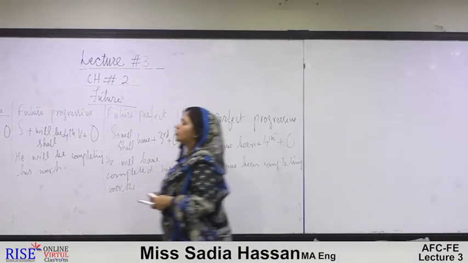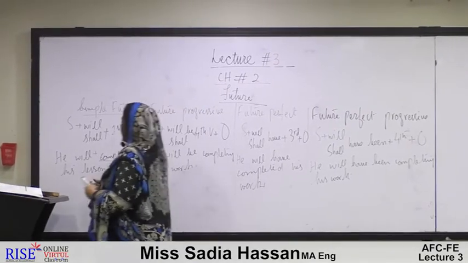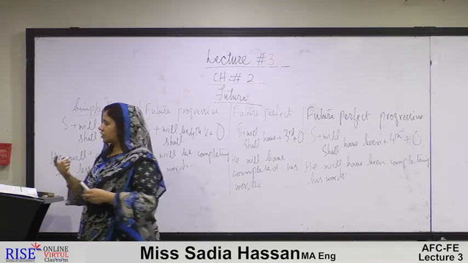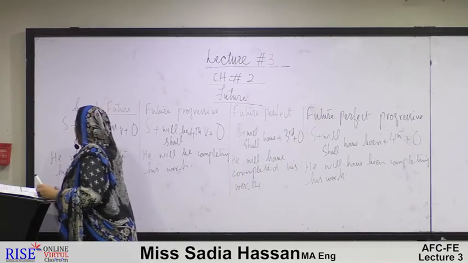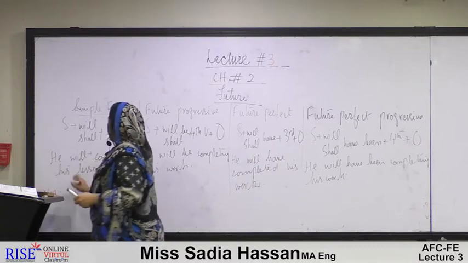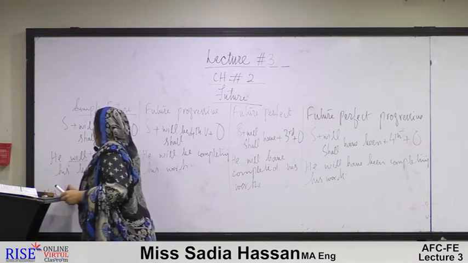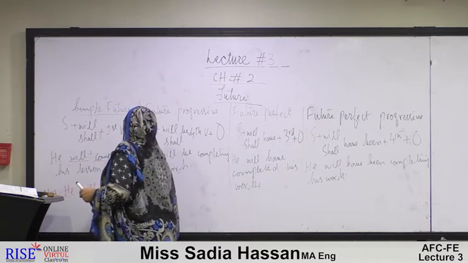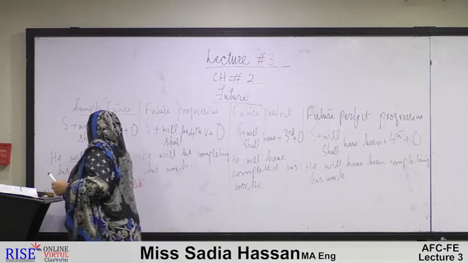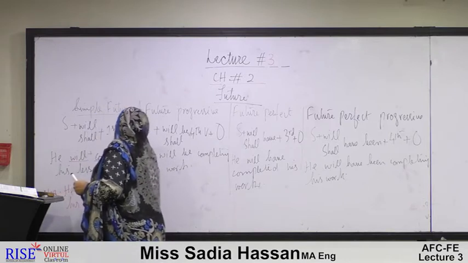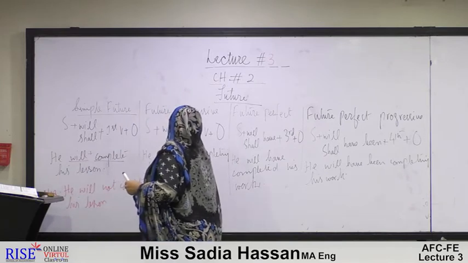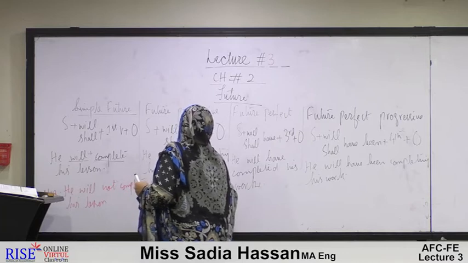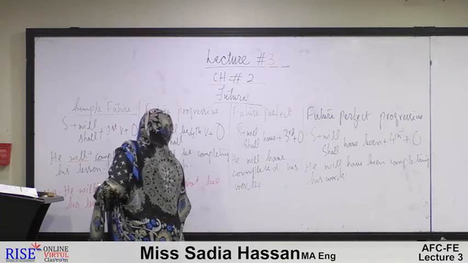Fine. Now we move on to their negative and interrogative forms. Very easy. As we have already discussed, whenever we are going to make any negative construction, we always use not with the helping verbs. Here are the modal verbs. Here I will be using: he will not complete his lesson. He will not be completing his work,